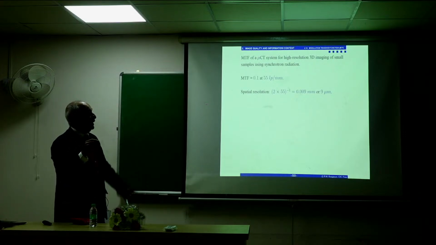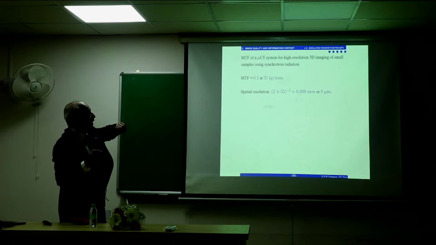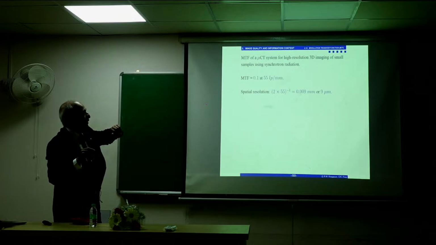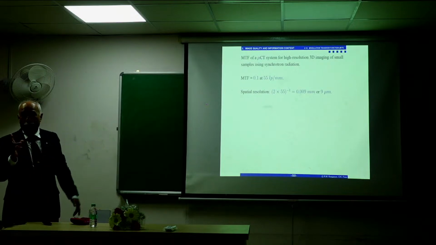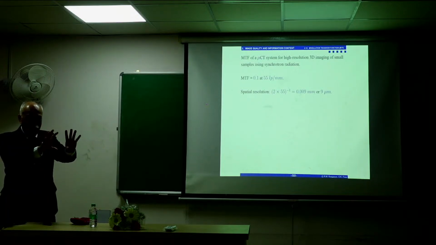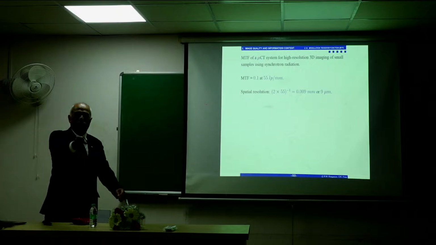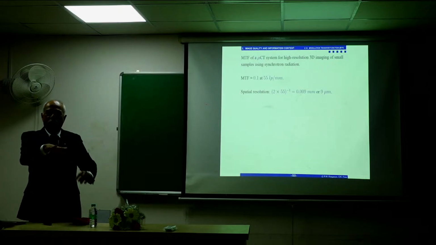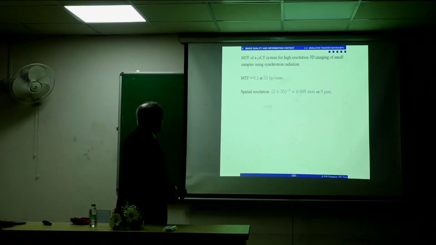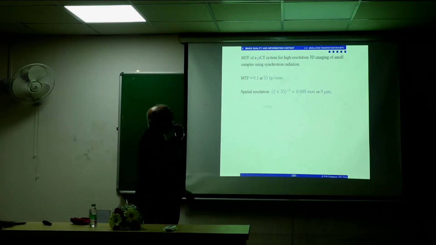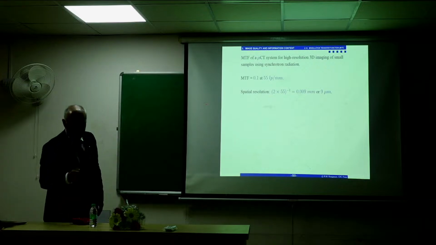At that time, it was 55 line pairs per millimeter. Nowadays, it's perhaps much better, maybe 100 line pairs per millimeter. But you can't put a whole human body into that, just the wrist or the fingers and so on, to diagnose arthritis and such issues. The spatial resolution was found to be about 9 micrometers for this system,